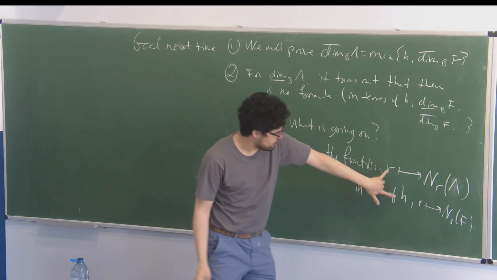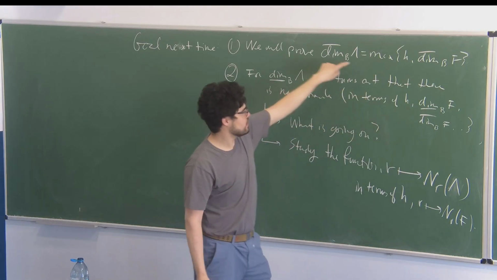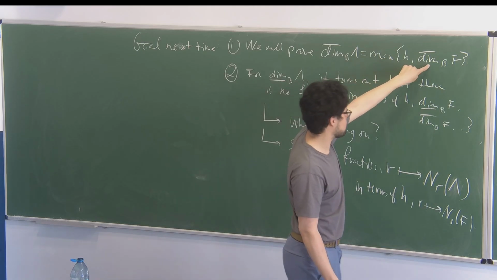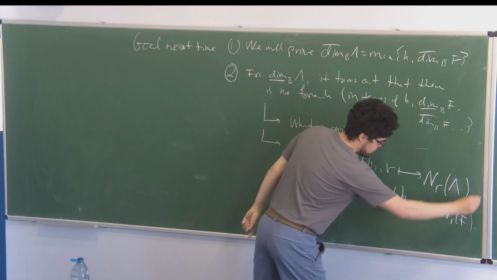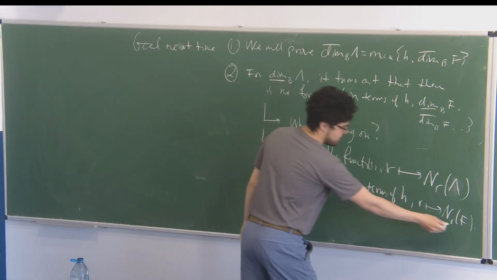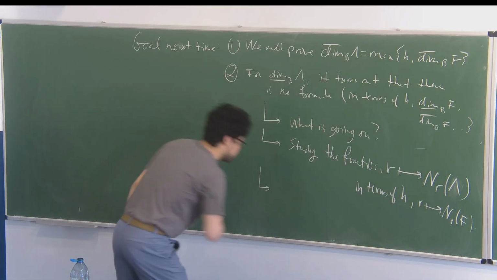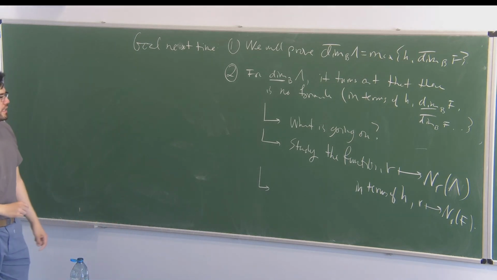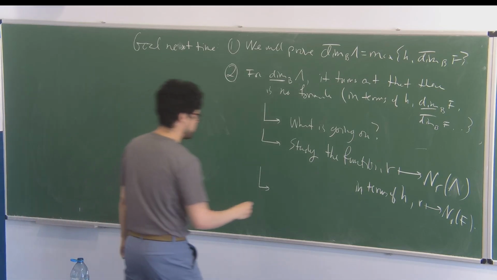So this kind of thing is morally similar to this problem, right? Here we've obtained information about the upper box dimension in terms of H and some statistic in terms of F. And now we're doing the same thing. We're obtaining some sort of covering statistic about lambda in terms of the Hausdorff dimension and a bunch of extra information. And then the main thing that I want to prove, the main application, the main thing that can be said is the following. It turns out